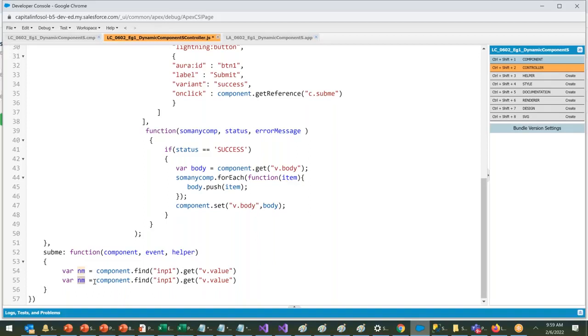Dot. What was that? Age. Input 2. See. Now what do you want to do? Alert. The name entered is plus nm plus, and the age is plus ag,